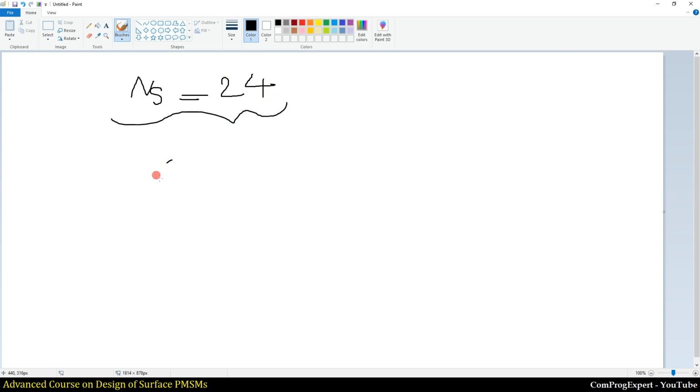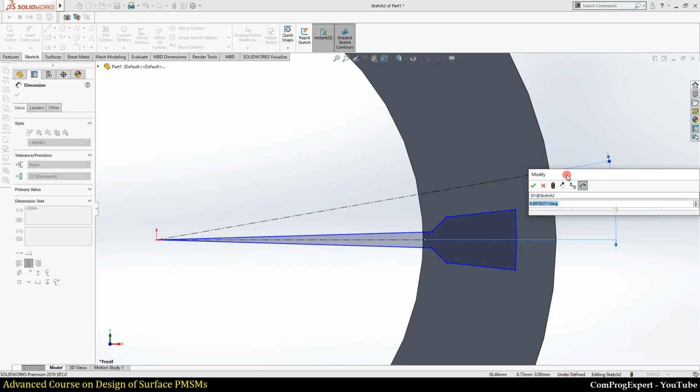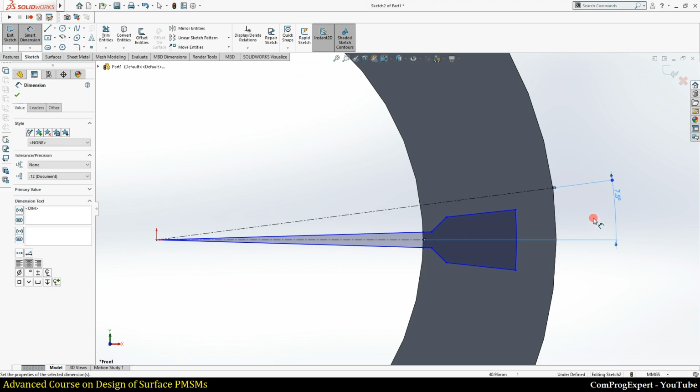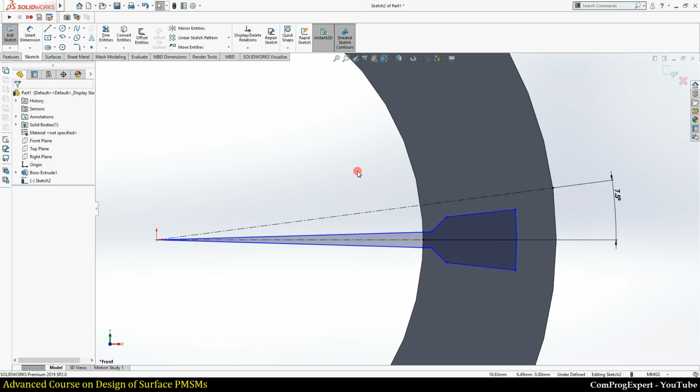So the alpha S, the stator slot pitch angle, is equal to 360 degrees divided by 24. This is the half of the stator slot pitch angle. So 360 divided by 24 divided by 2. I can write 180 divided by 24.